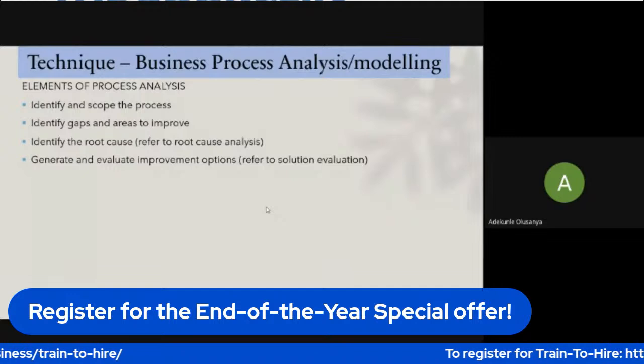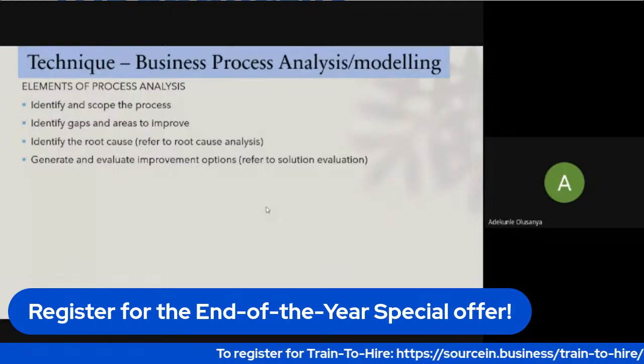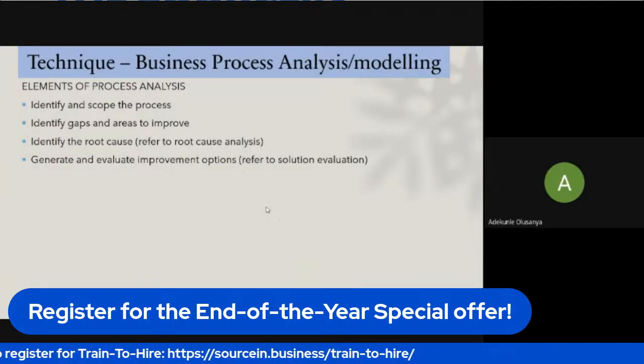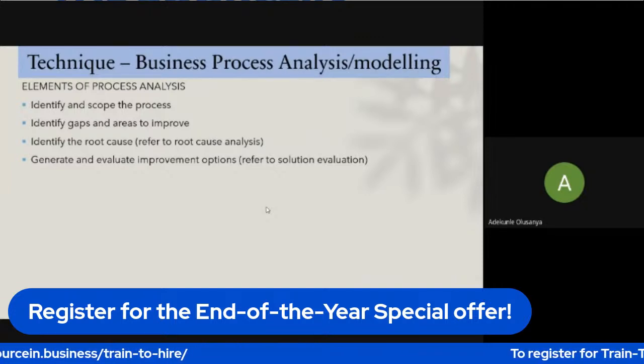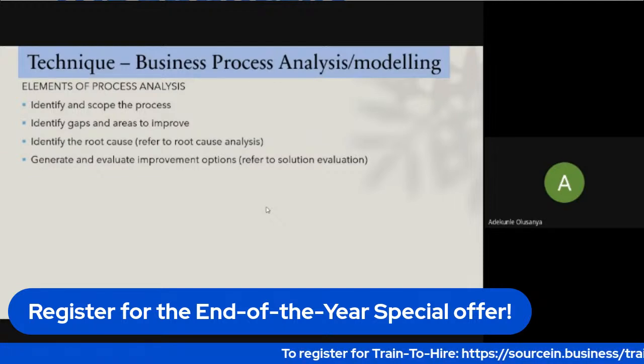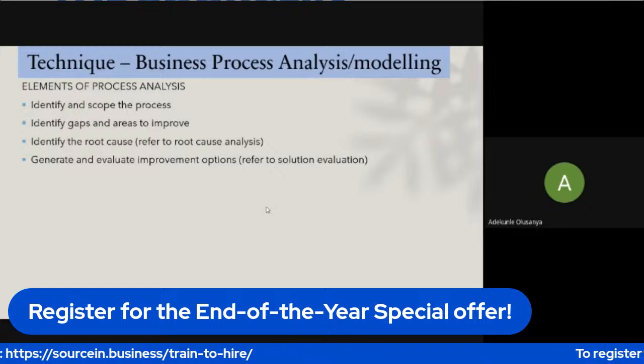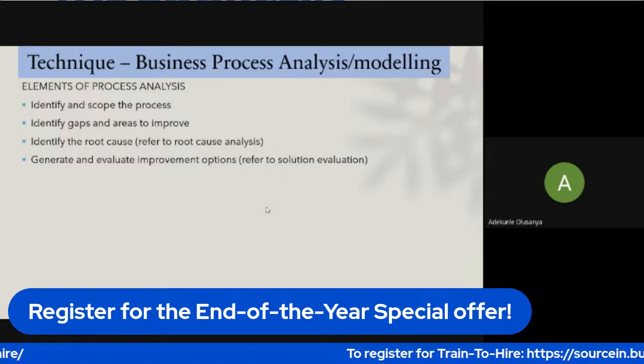I was having a discussion with somebody over the week. I said that as a business analyst, you want to be familiar with upward of 10 techniques for a start. We're in an industry where we have more than 50 techniques, or different variations of those techniques. You want to be very familiar with them. But by the time you're done with this program, you want to be able to use 10 techniques very well. You want to be able to efficiently deploy 10 techniques in carrying out your activities as a business analyst.